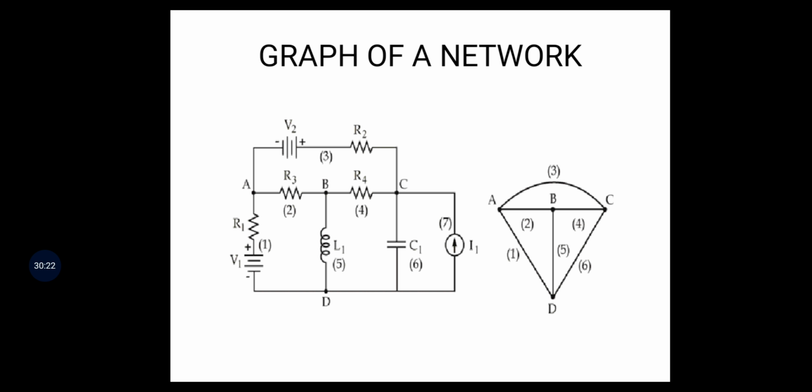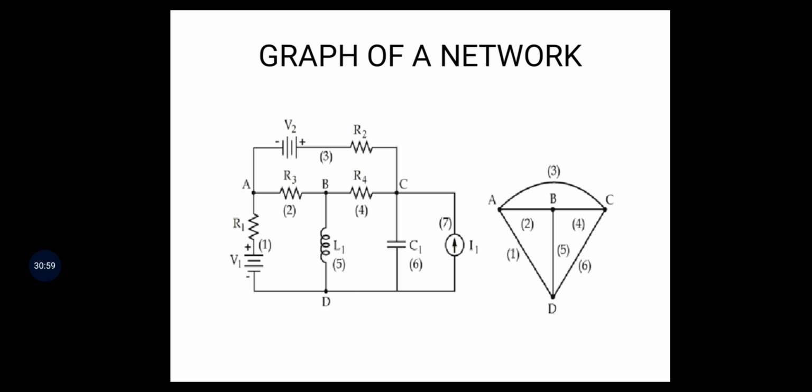Again, very, very important: C to D, one current source is there. Here C to D there is no line, because there is no internal resistance, no resistor or capacitor or inductor across C to D. The current source is represented with an open circuit. If it has internal resistance, then a line is drawn between C and D. If there is no internal resistance, then there is no line. C to D there is no line.